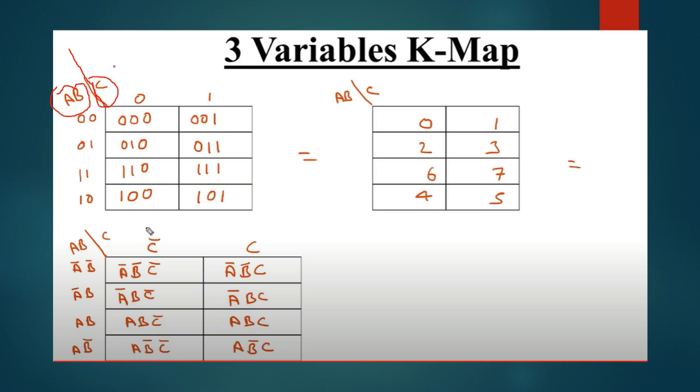Now that we have talked about the 3 variable Karnaugh map, let's get into the final thing, that is the 4 variable Karnaugh map, building the table for a 4 variable Karnaugh map. We are just trying to build tables, we are just trying to draw the tables. We haven't got into finding or minimizing different forms. We are just now trying to build tables for the 2 variable Karnaugh map, 3 variable Karnaugh map, 4 variable Karnaugh map, and so on. This is the first thing that we are trying to do.